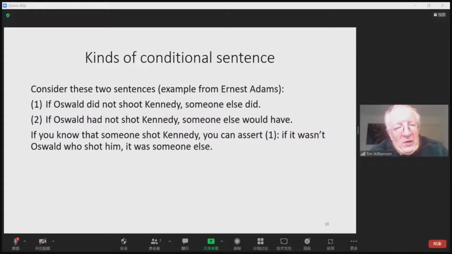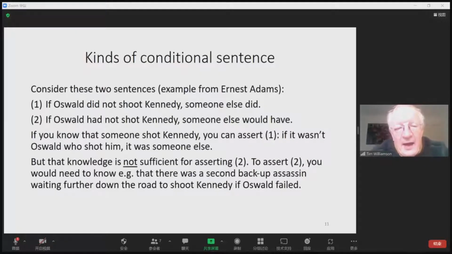So all you need in order to assert one is to know that someone shot Kennedy. That's enough, because if it wasn't Oswald who shot him, it was someone else. So one, as it were, is very easy to assert just on the basis of very simple historical knowledge about what actually happened. But that knowledge is not sufficient for asserting two. To assert sentence two, you would need to know, for example, that there was a second backup assassin waiting further down the road to shoot Kennedy if Oswald failed,